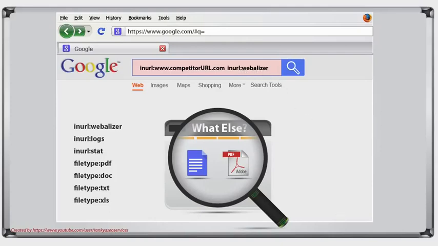If you own a website, 99% of the chance you will have Webalizer stats to look through as to how people are interacting with your site, right? But you see, Google can also index that. So therefore, your competitors may have that information laying around. Well, if that's the case,